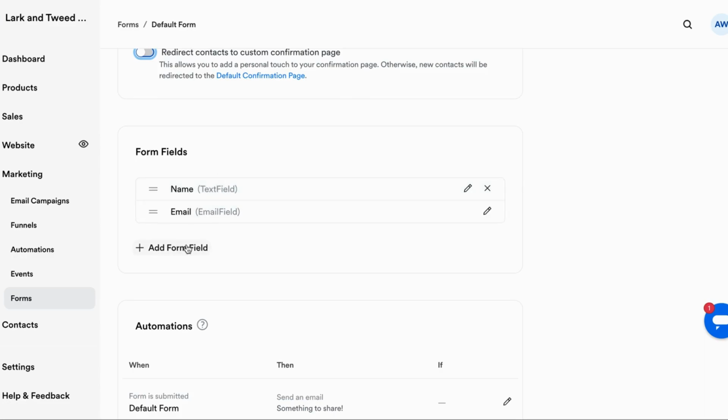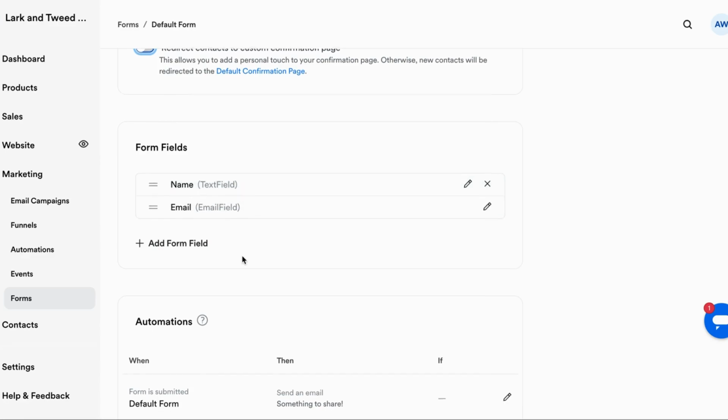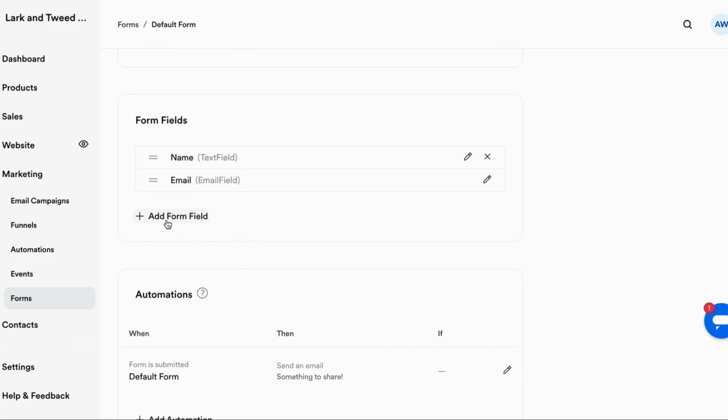The only time you would ever add an additional field is maybe you want to segment your email list into people, maybe you have two different types of audience, you're targeting two different audiences and they're very different from one another. Then you could definitely create another field asking, what is your background or something like that, and that way you could segment the list. But if you're just starting out, really keep it simple. Just two form fields is totally fine, but if you wanted to add more, this is how you would do